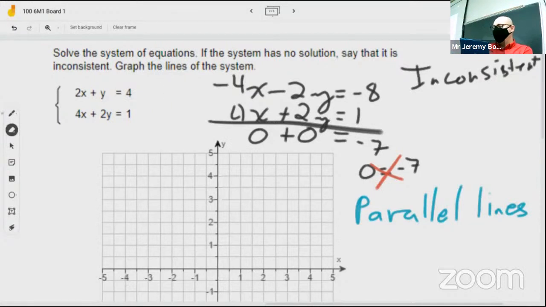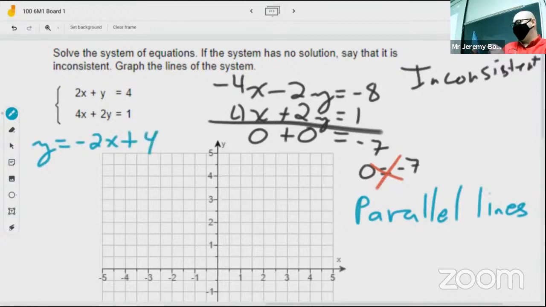You can use the stuff we learned in 2.2, which was find some x values, plug them in, get the y values to go with them. You can do that. Or you can use the stuff that we learned in 2.3, because these are in fact lines, right? And so if I take that first one, I solve it for y, I get y is equal to negative 2x